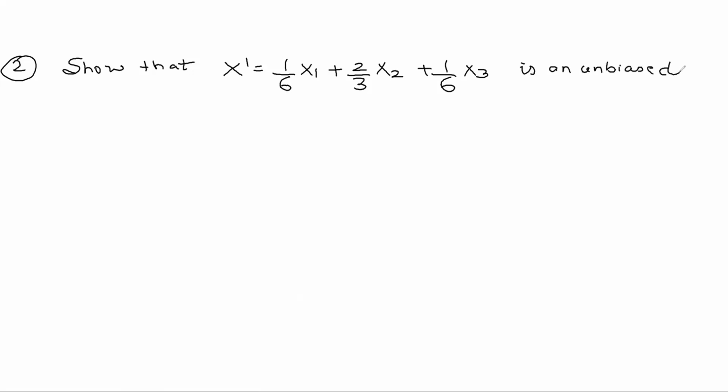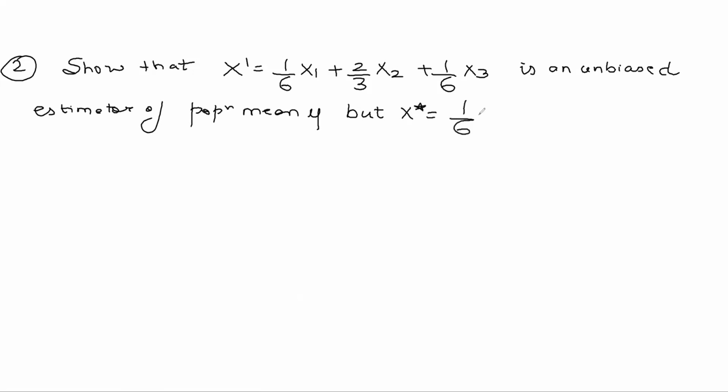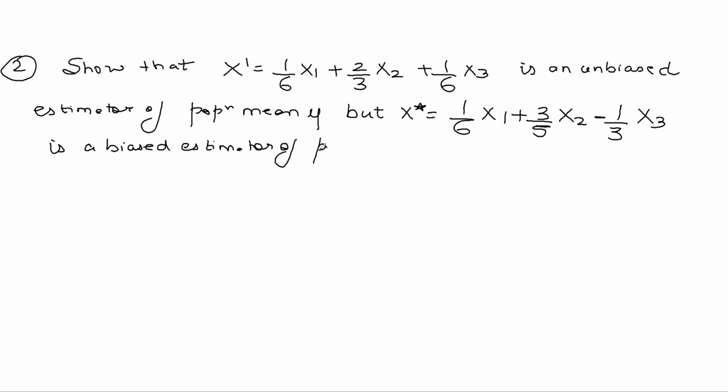Question 2. Show that x dash, which is 1 upon 6 times x1 plus 2 by 3 times x2 plus 1 by 6 times x3, is an unbiased estimator of the population mean mu, but x star, which is 1 by 6 times x1 plus 3 by 5 times x2 minus 1 by 3 times x3, is a biased estimator of the population mean mu,